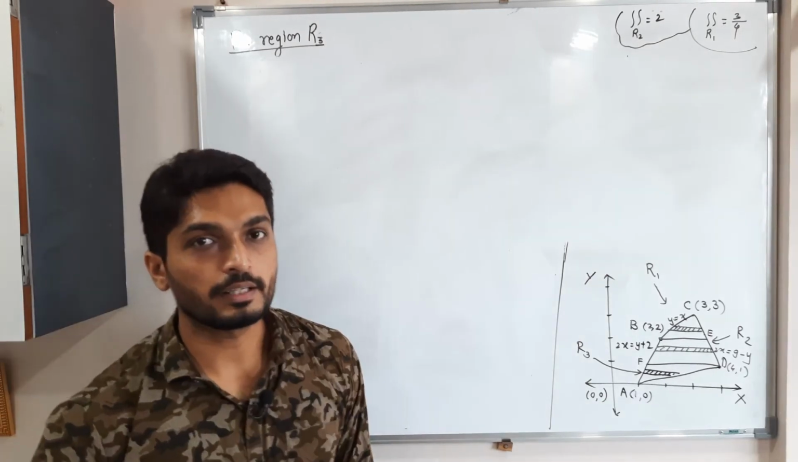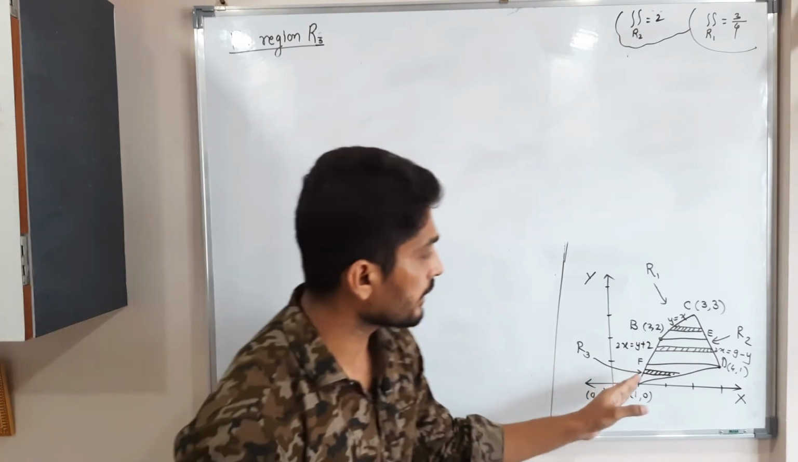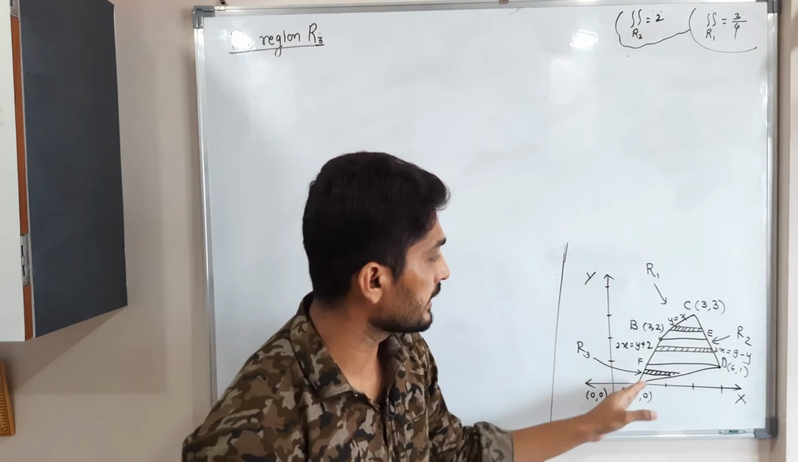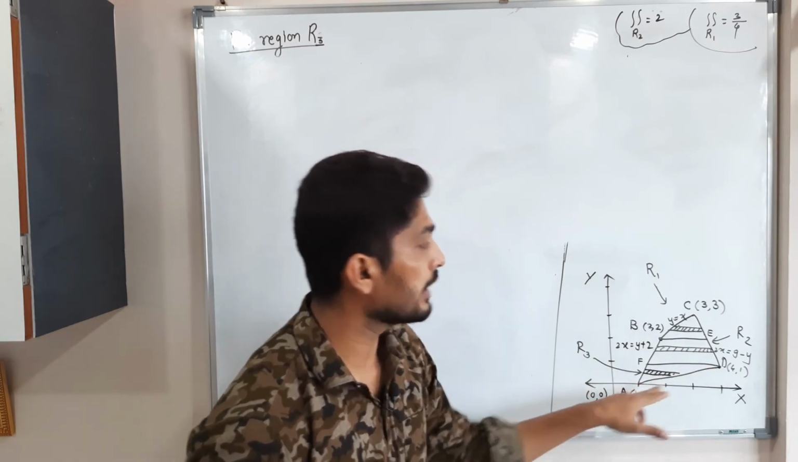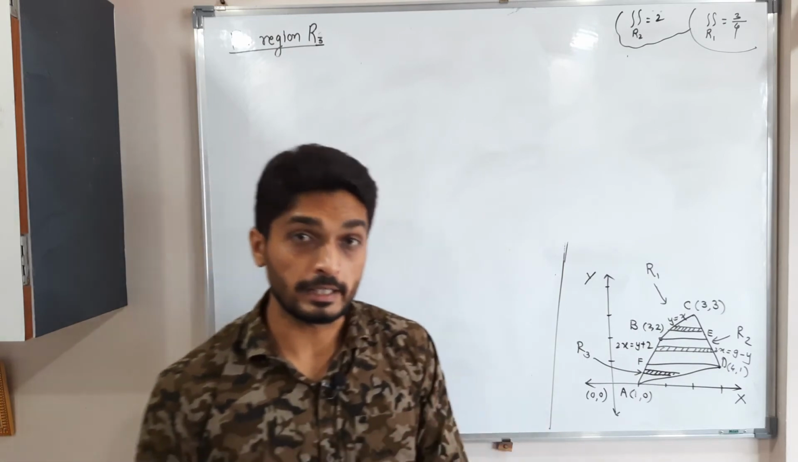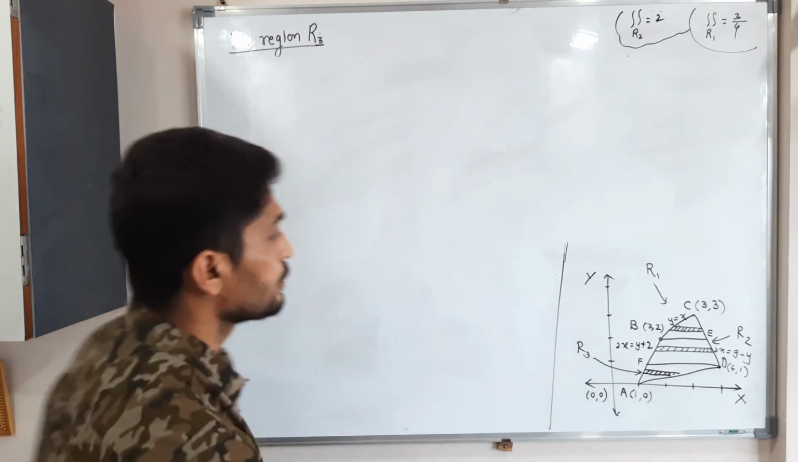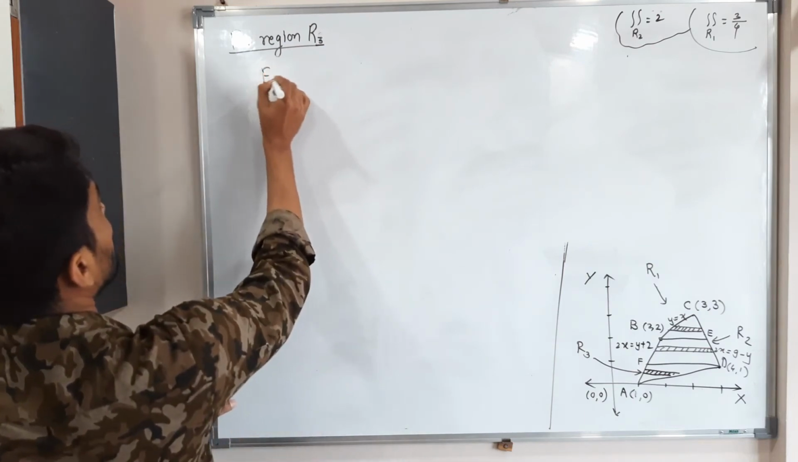Okay, so let us find the area of region R3. For R3, we know the equation of this line, but we don't know the equation of line AD. So what will I do? First of all, I'll find the equation of line AD, so it will help us to find the limits of integration. So the equation of AD